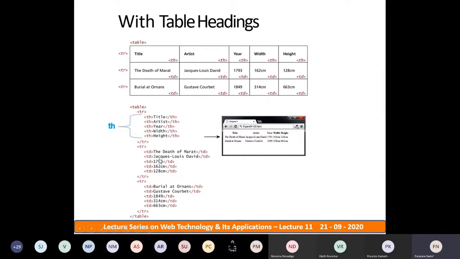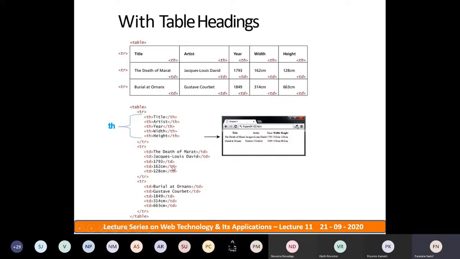Table data is not bold content, but the table heading has bold content, so it indicates the heading of a column, right? So you need to use td and th separately, right? Then add td to the table.